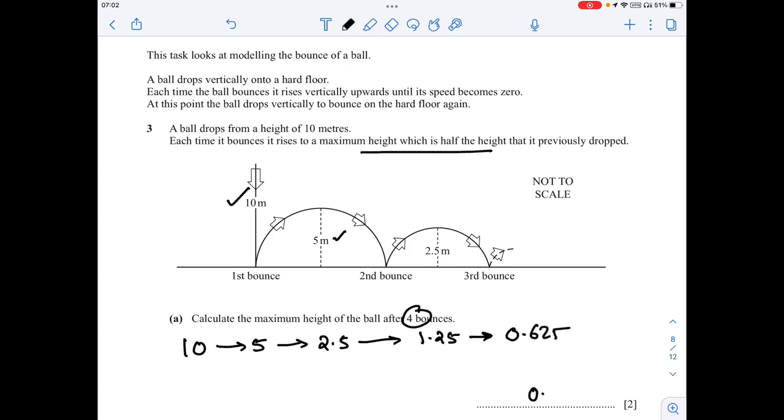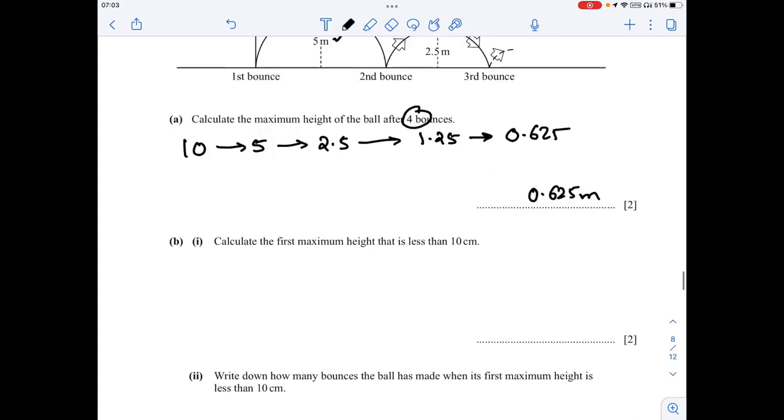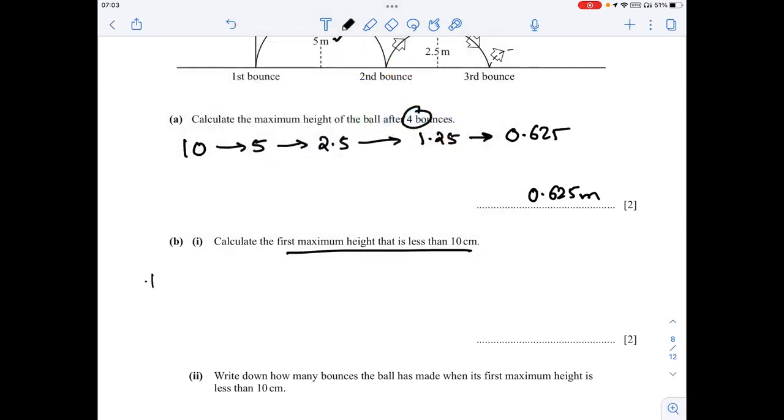So it will become 0.625 in the fourth bounce, which is nothing but 62.5 centimeters. What is he asking in the next part? Calculate the first maximum height less than 10 centimeters. So once again, when we start writing from there: 10, 10, 5, 2.5, 1.25, 0.625, then 0.625